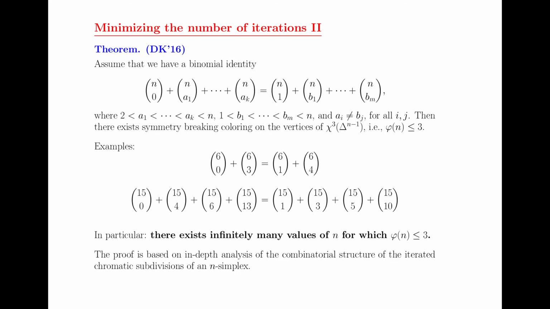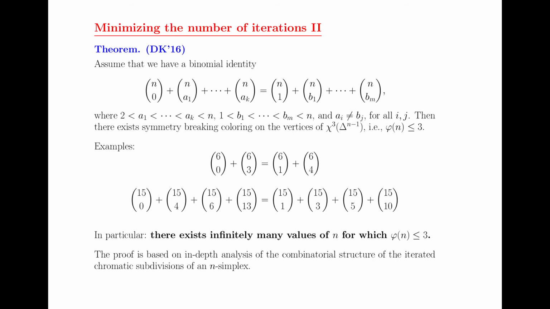And then the theorem says that if you have such a binomial identity, you can solve the weak symmetry breaking in at most 3 rounds, which is of course quite weird, taking into account that their bound is n to the n. And here's a constant 3. Not only is it much smaller, it is a constant independent of n, which is also something which shouldn't be happening. Usually if you can solve things for n processes, the complexity should depend on n. In fact, we don't know if it does or not.